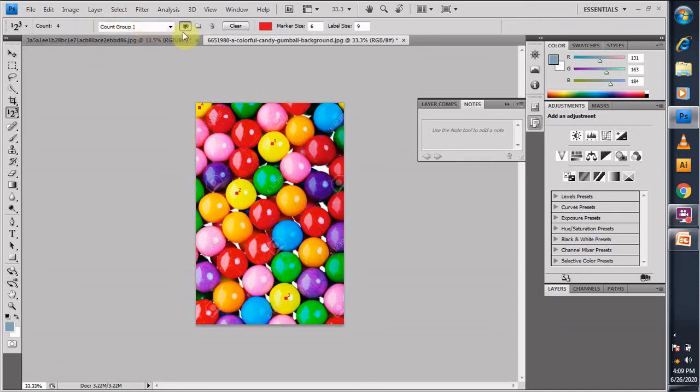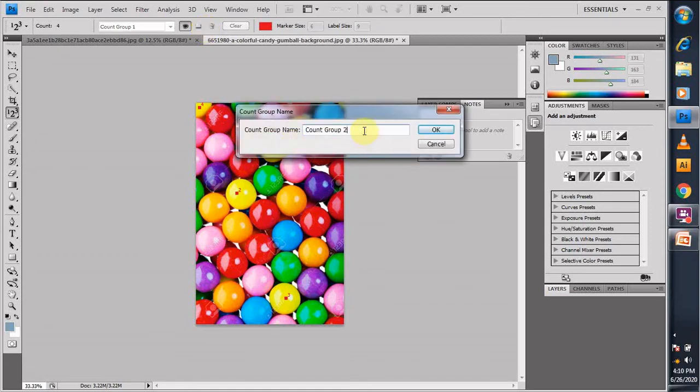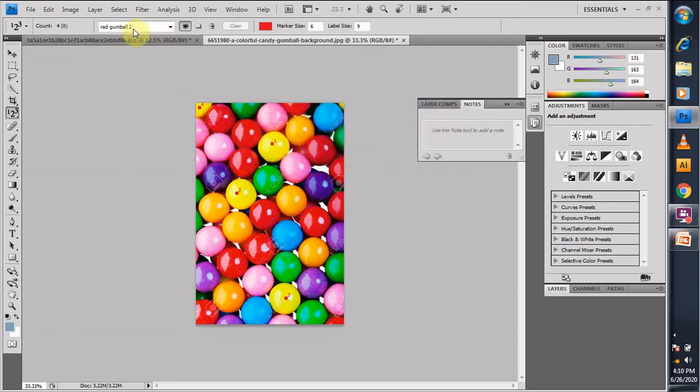And if I want the other red color balls also to be counted, but not as 5th, rather as 1 2 3 4, I go over here and click on the folder, and then name it. Rather than count group 2, I'll click on red gum balls 2. Okay, and these are the red gum balls.